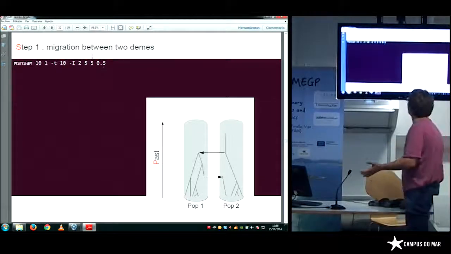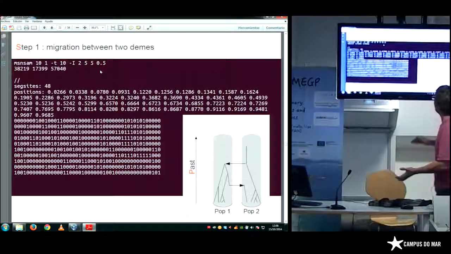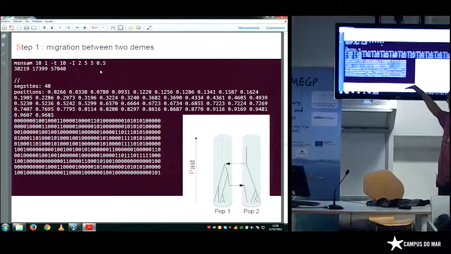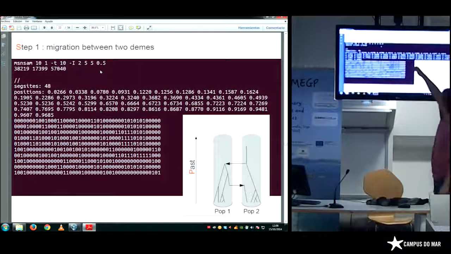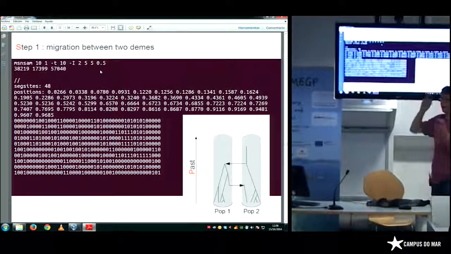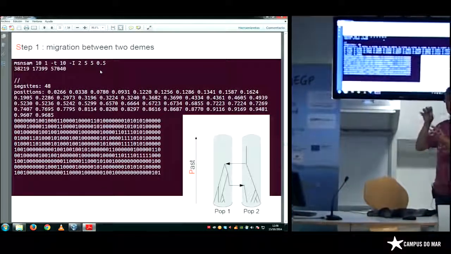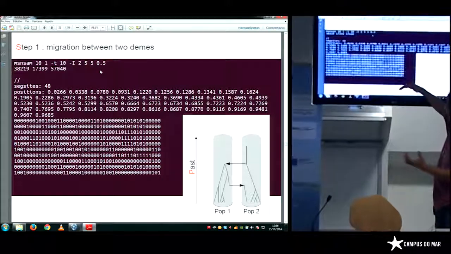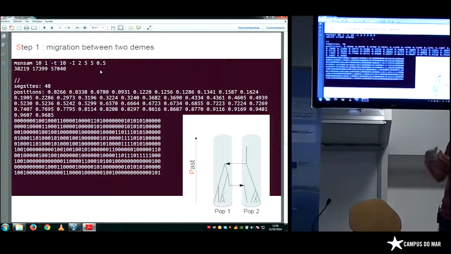Okay? So doing this, we obtain again 10 sequences. The first 5 are the 5 sequences of the first population, and the 5 at the end are the sequences sampled in the second population.